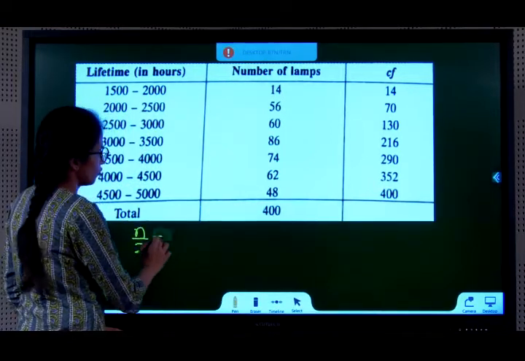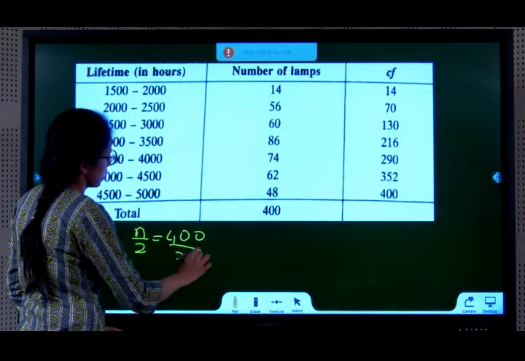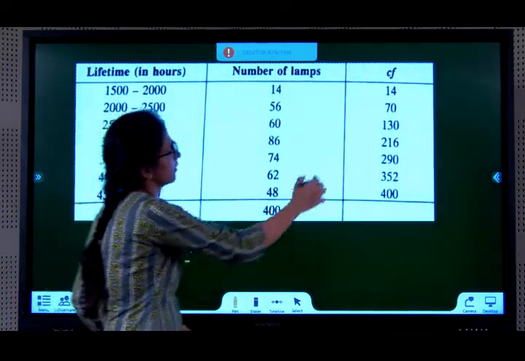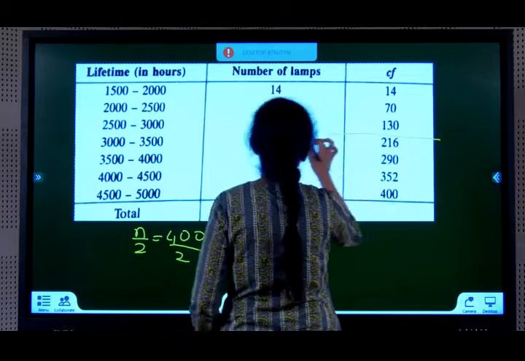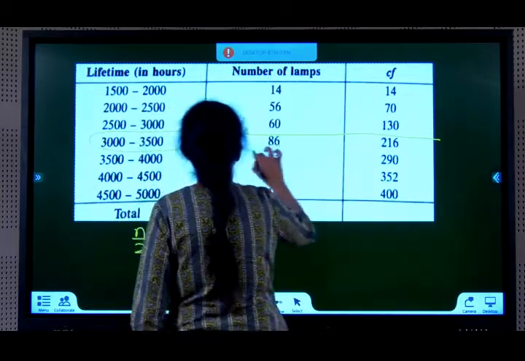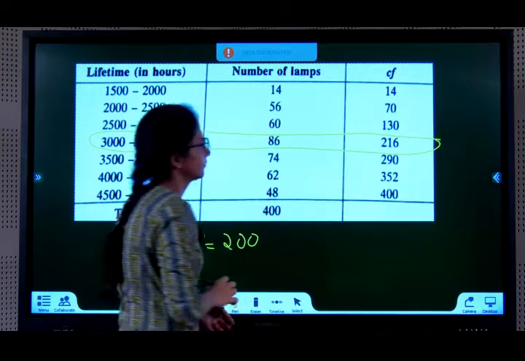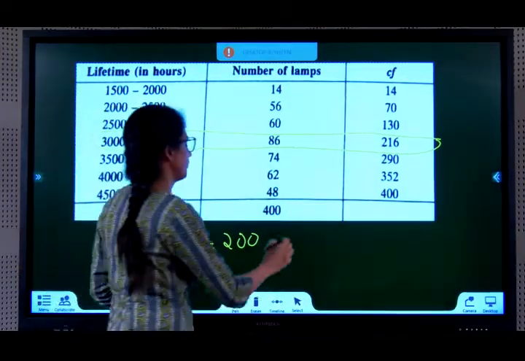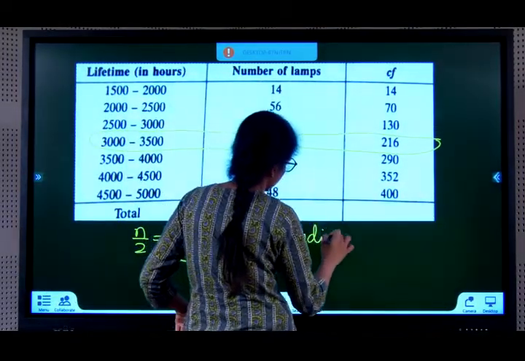So n by 2, 400 by 2, 200. There is no 200, next number is 216. So mark your median class. So once you get n by 2 and you marked, write down the median class